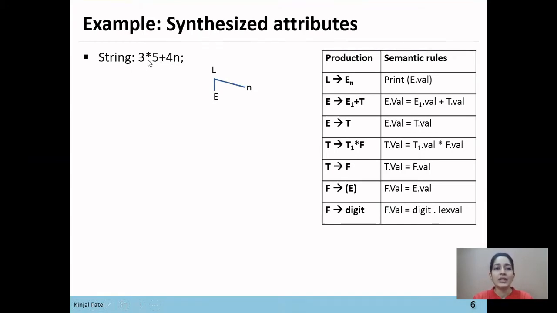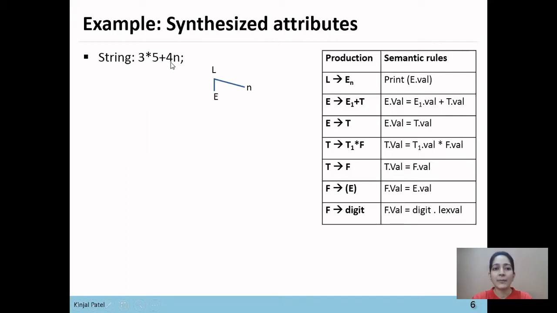There are two operators in this string, star and plus. The rule of the parse tree says that if there are two operators with different priority, the operator with lower priority will be computed first, meaning it will be at a higher level in the parse tree. As plus has lower priority than star, first we'll compute plus.